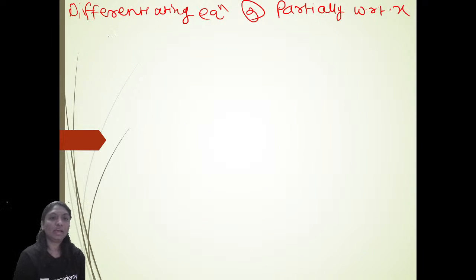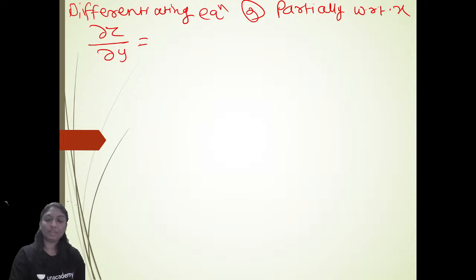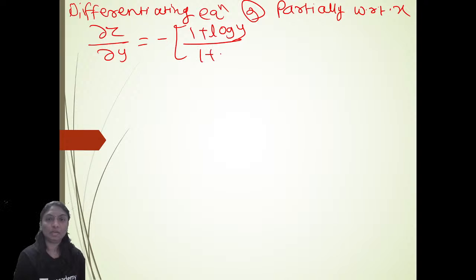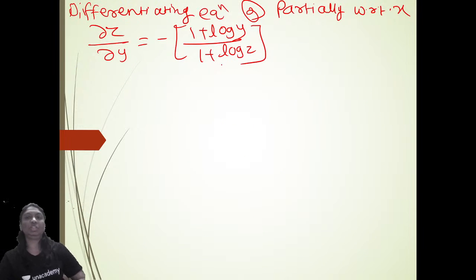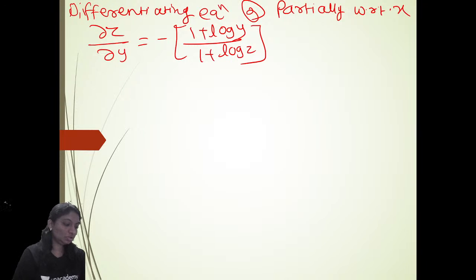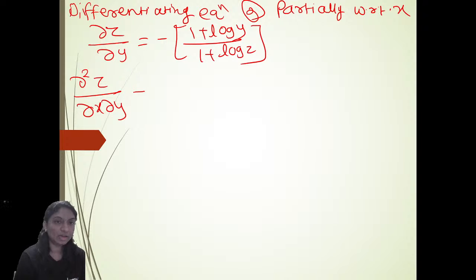Okay, here we have ∂z by ∂y is equal to minus of 1 plus log y upon 1 plus log z, right? Now differentiating this partially with respect to x, so you will get ∂²z upon ∂x ∂y is equal to, now differentiating this partially, because z is a function of x and y,